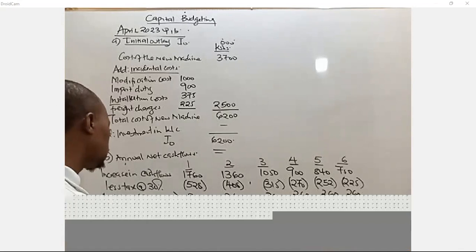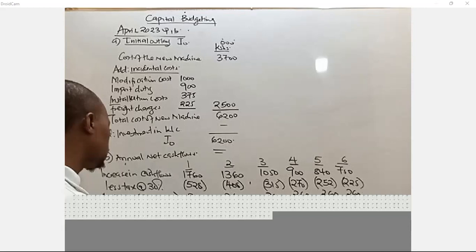Third one will be 1050 minus 315 plus 260, getting 995. The other one is 900. I think this should be equal to 890. 900 minus 270 plus 260, getting 890. The other one will be 840 minus 252 plus 260, getting 848. Then the last one will be 750 minus 225 plus 260. You are getting 785. Let us go to number 3, where we normally calculate the terminal